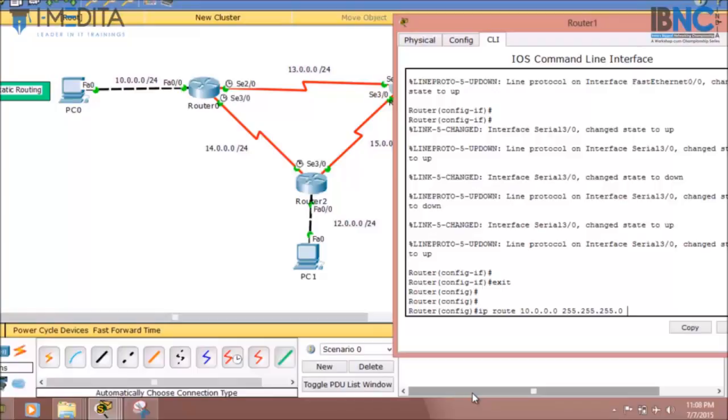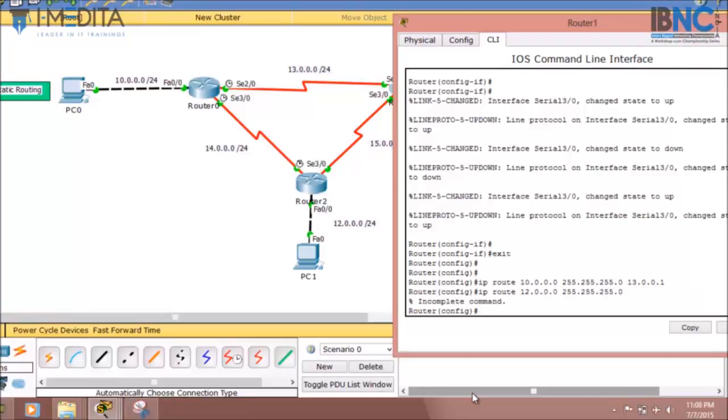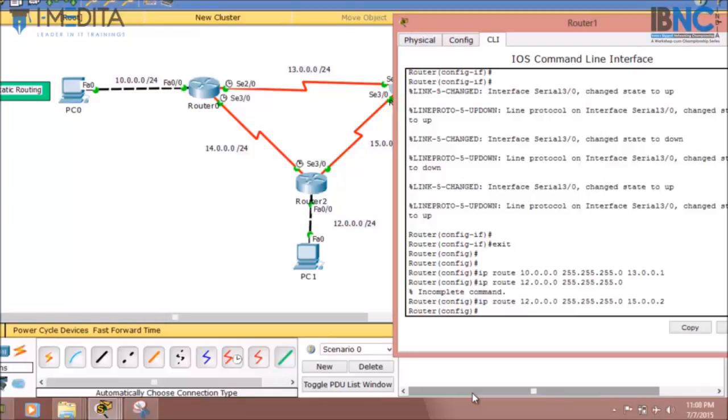So I am selecting 13.0.0.1 and then hit enter. Again IP route 12.0.0.0, 255.255.255.0 and then space and the next hop address, that is 15.0.0.2 and hit enter.